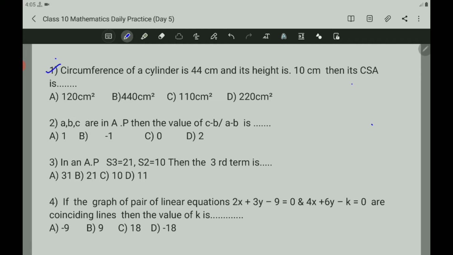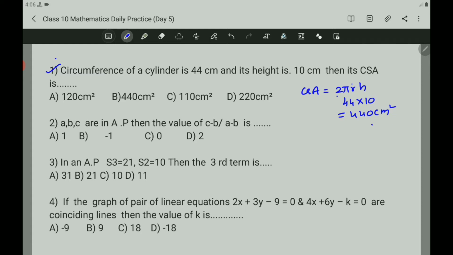Take the first question. Circumference of a cylinder is 44 centimeter and its height is 10 centimeter. Then its CSA is. You know the formula to find the CSA of the cylinder. The curved surface area of the cylinder is equal to what? CSA equals 2 pi r h. Here the circumference is given. Circumference is nothing but 2 pi r. So in the place of 2 pi r you can take 44 into h 10, then you will get 440